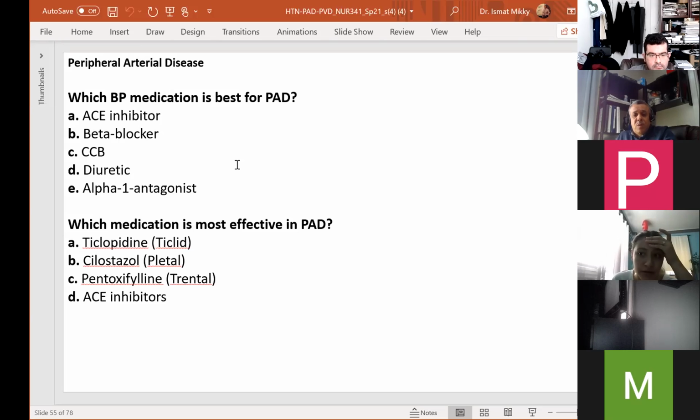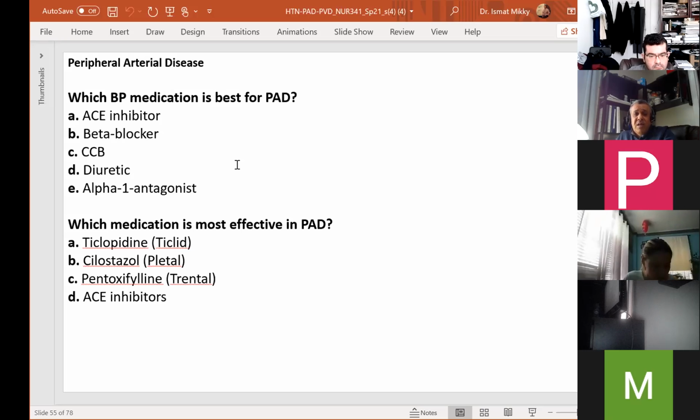Is it the ACE inhibitor? Right, yes, the ACE inhibitor. We covered this in previous slides, and we explained why ACE inhibitors are good and the mechanism of action in improving the manifestations in patients with PAD. Now, which medication is most effective in PAD? Is it B? Yes, the Pletal. That's the single most effective medication in PAD, and that is used if you use only one drug